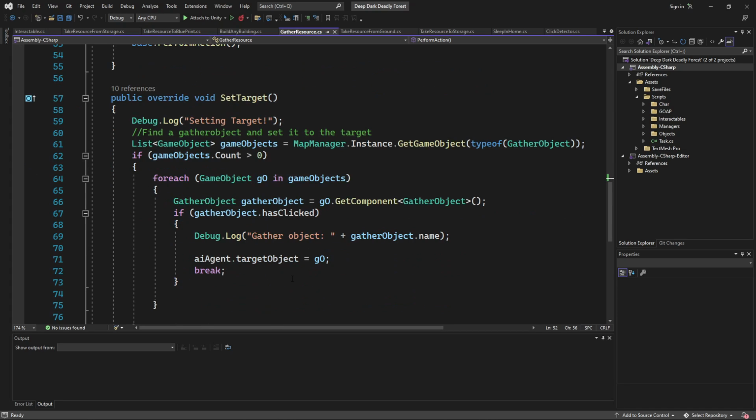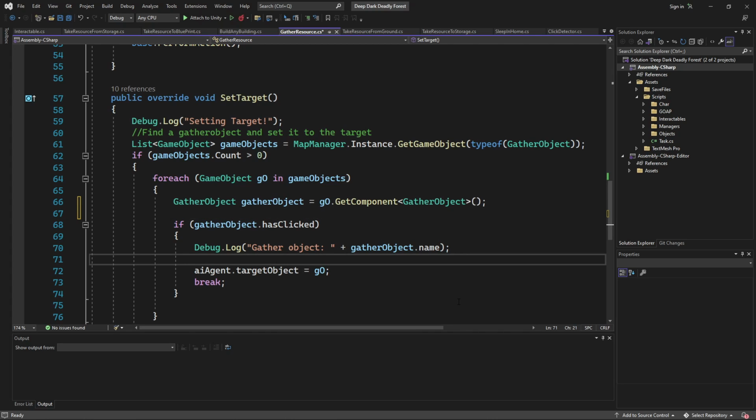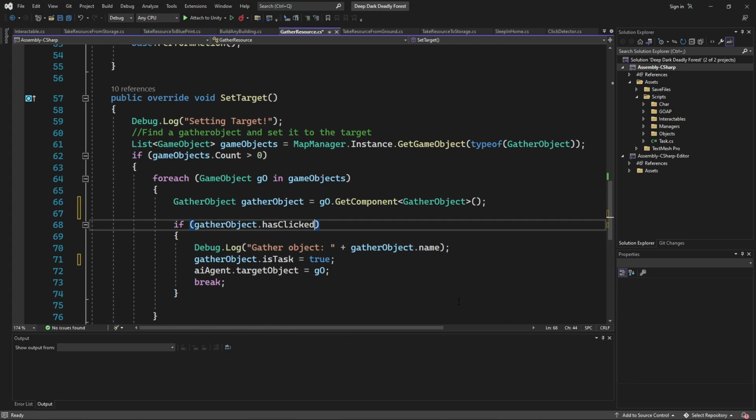So when we set the target, right here, gather object dot is task is true. So this needs to be clicked and gather object dot is task is false. Or you can just do the not.